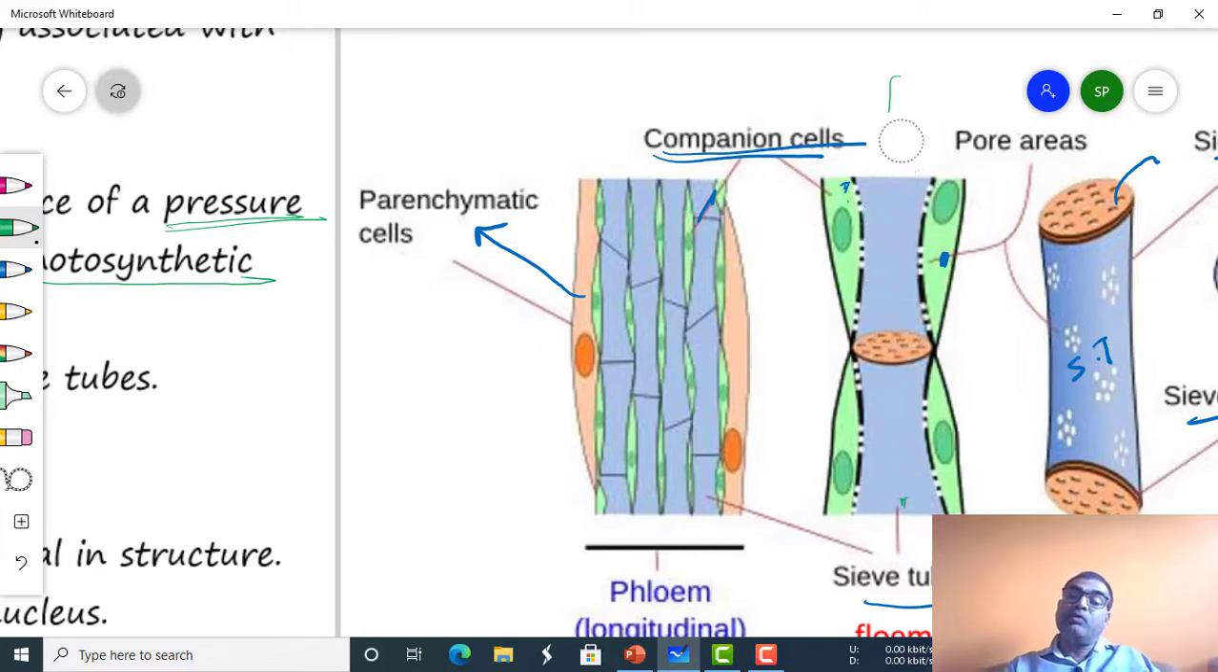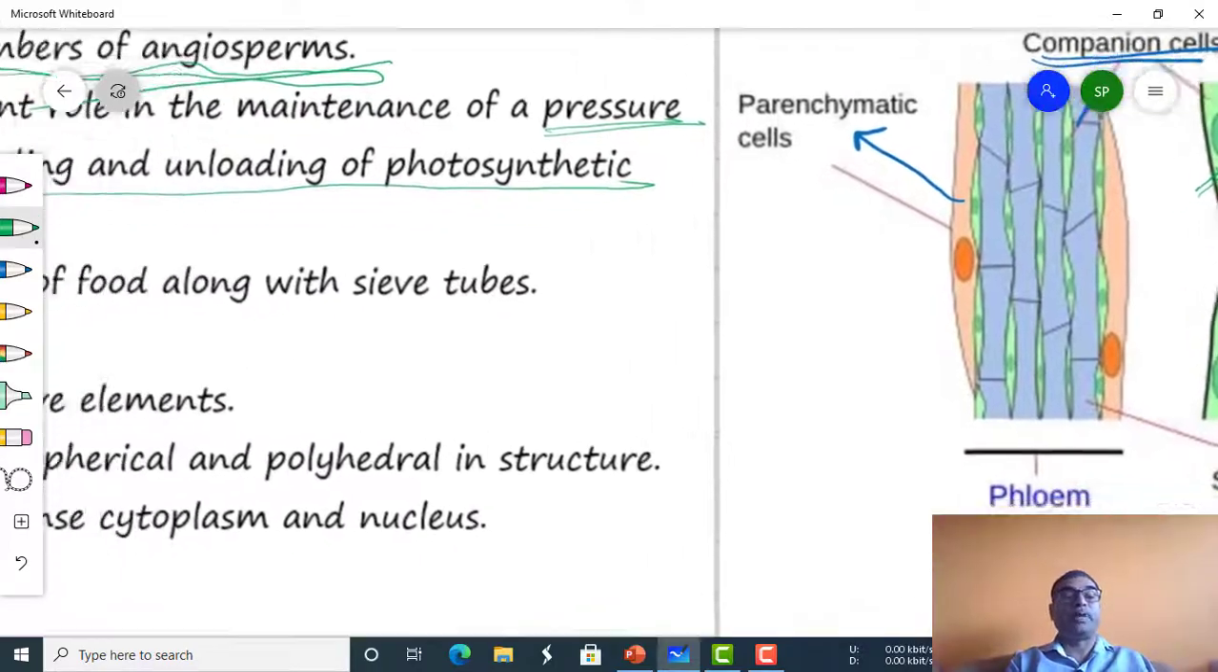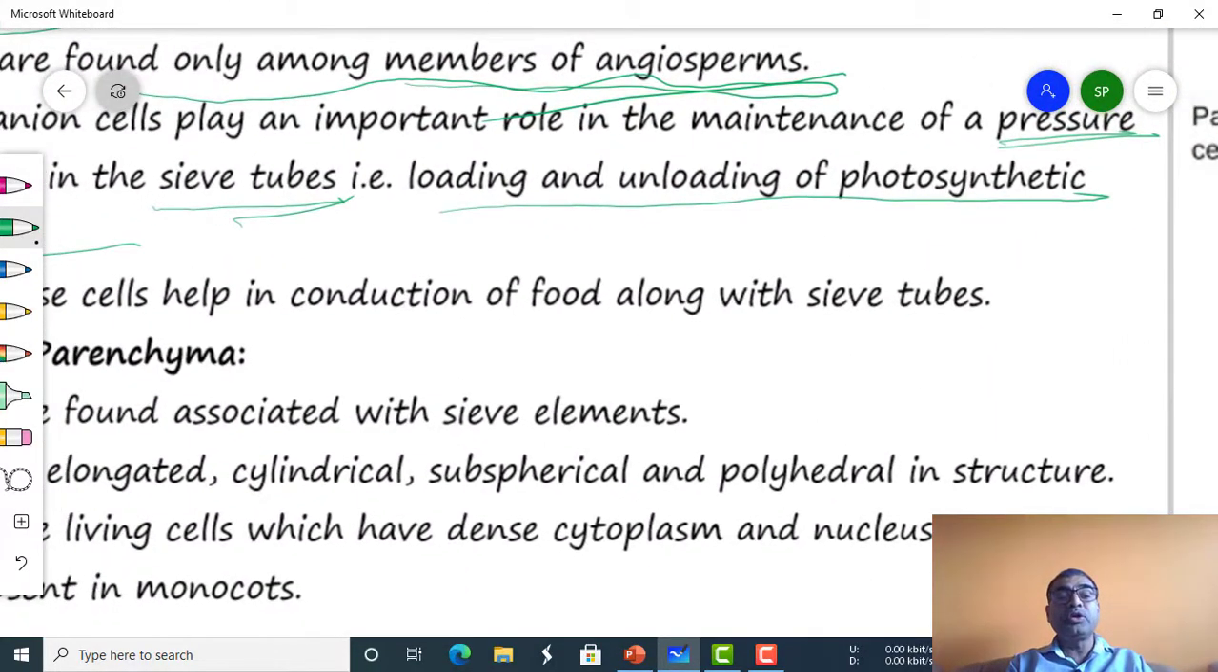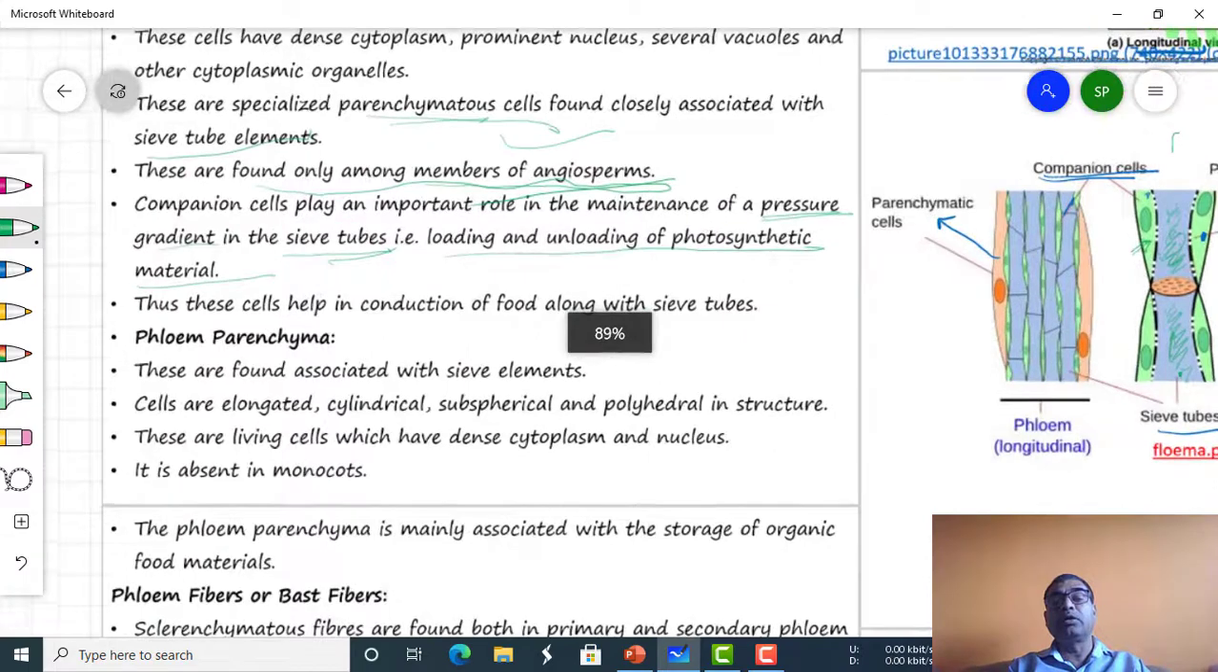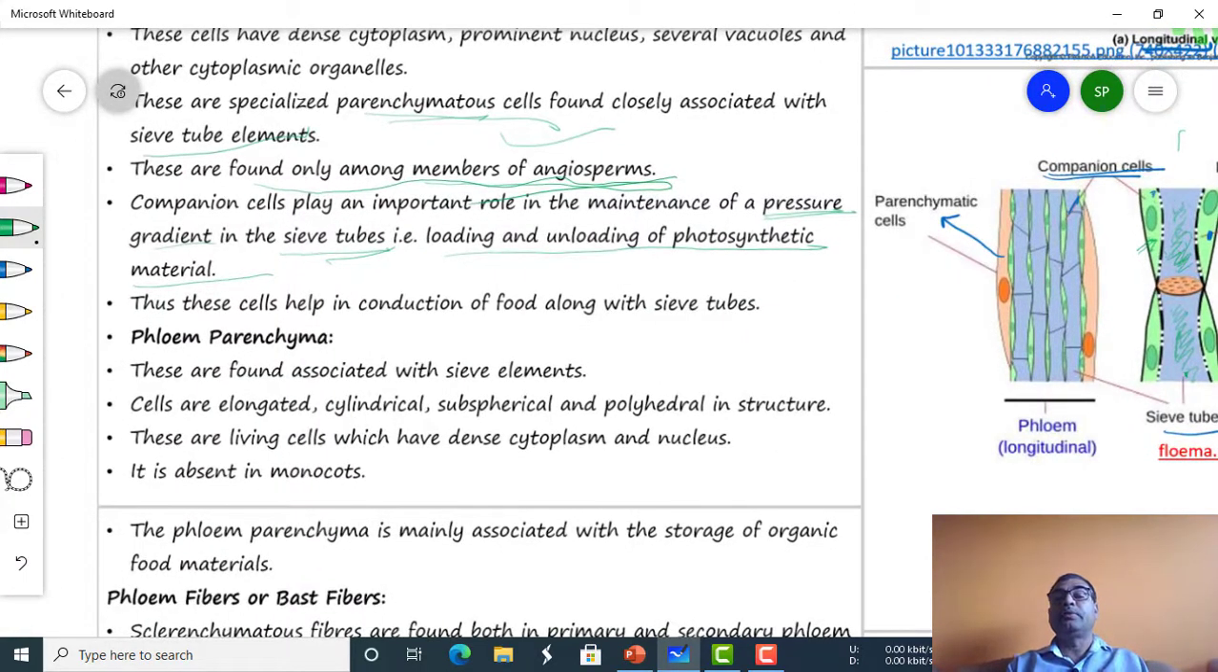And what function is provided by the companion cell? This food material is passing through the sieve tube, and to maintain the pressure, the passing of the food material through this sieve tube is controlled by this companion cell, or in other words, the loading and unloading of the photosynthetic material. Loading means